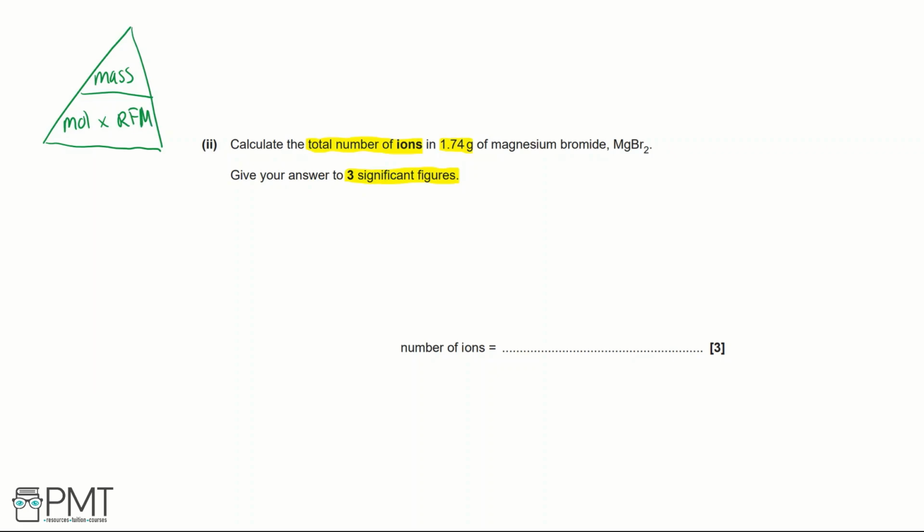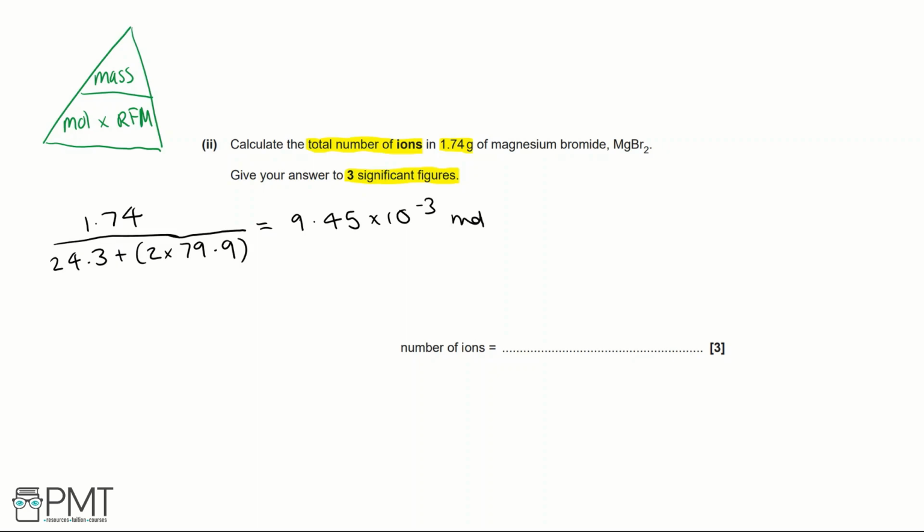So this is what we're going to do first. We're going to work out the number of moles. And we can do this using the mass of magnesium bromide, and we can calculate its relative formula mass. So that's going to be 1.74 grams divided by 24.3 plus 2 times 79.9. So that's the relative atomic mass of magnesium plus 2 of the relative atomic masses of bromine. And that equals 9.45 times 10 to the negative 3 moles of